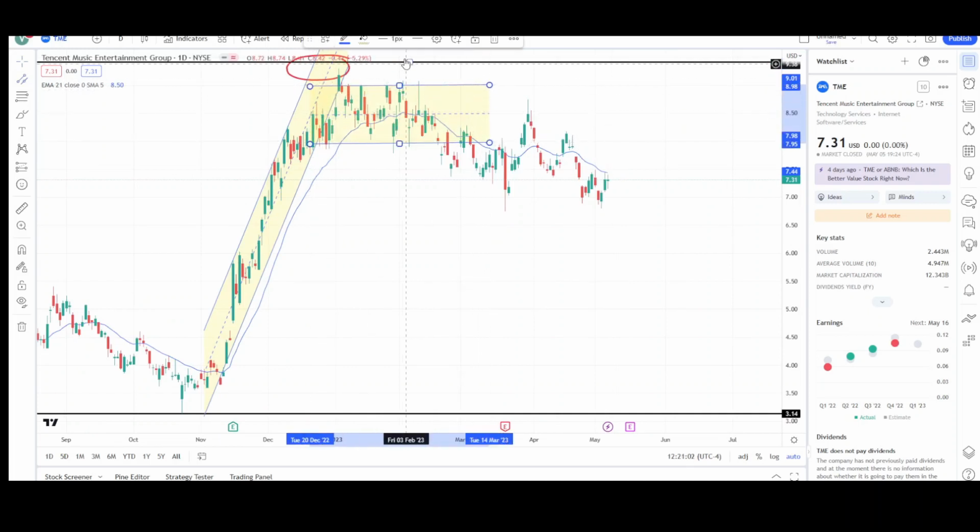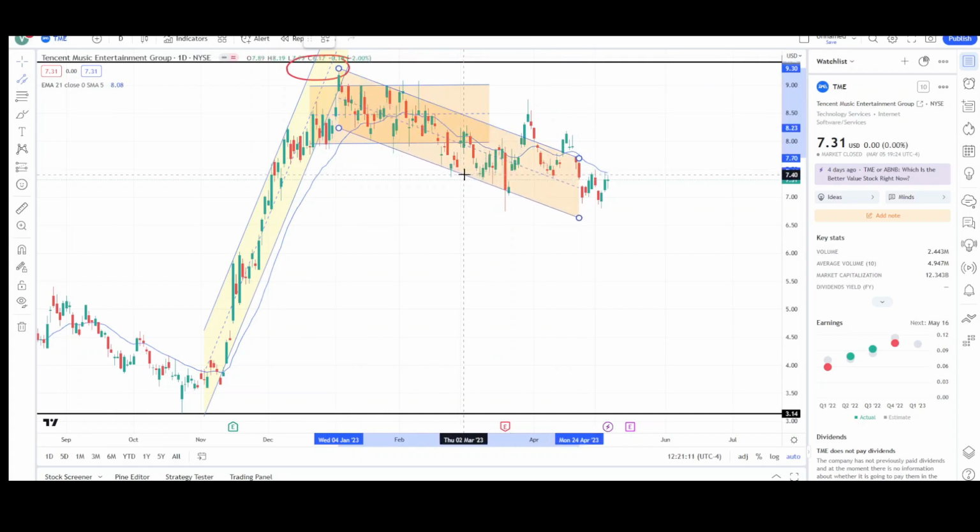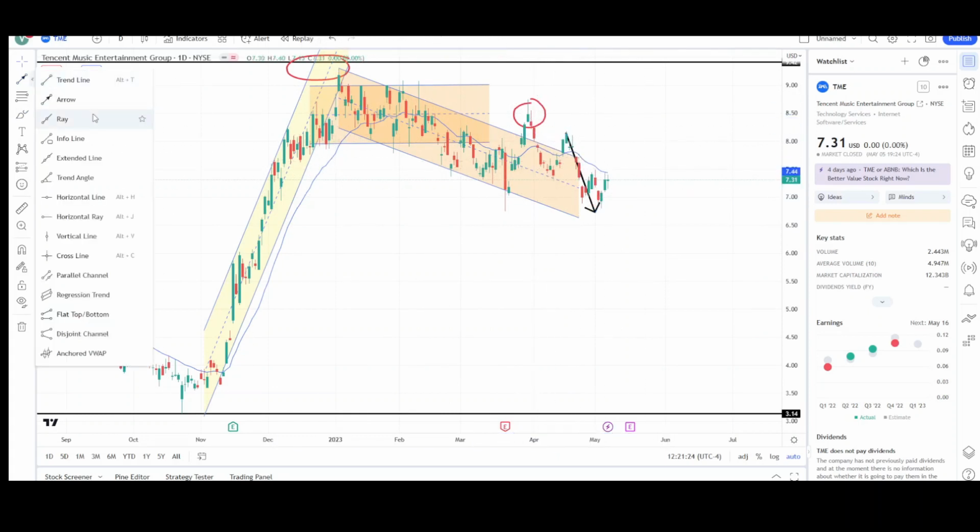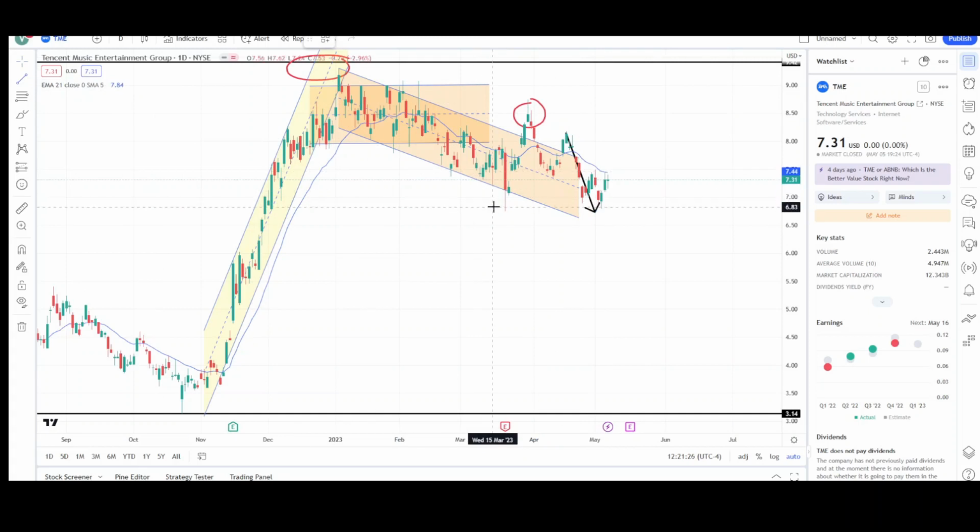So this was the prior range. The range turned into a downtrend, so we can draw that on the chart too. So the range turned into a very choppy downtrend. We just saw the break of the downtrend and two legs down to a new low. So usually this means that the downtrend is complete and we can see a reversal. So pretty much almost a perfect measure move right at this prior low.